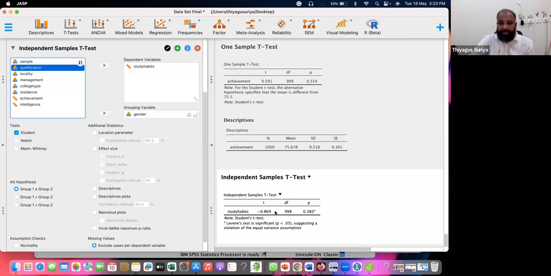The independent sample t-test value is 0.869, and the degrees of freedom is n1 plus n2 minus 2. There is a formula, therefore 998, and the p-value is 0.385. It is not significant. Not significant means both the group means are the same, like the male mean and female mean are the same. If you want to get the descriptive statistics, if you click descriptive, you may get